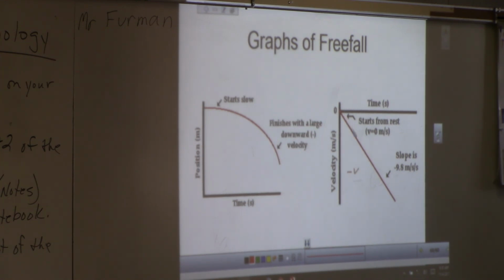And we know the slope of a velocity graph is the acceleration, and it has a negative acceleration due to gravity, so the slope of that graph will be negative 10. Your position graph, it's losing more and more position for each increment of time because it's